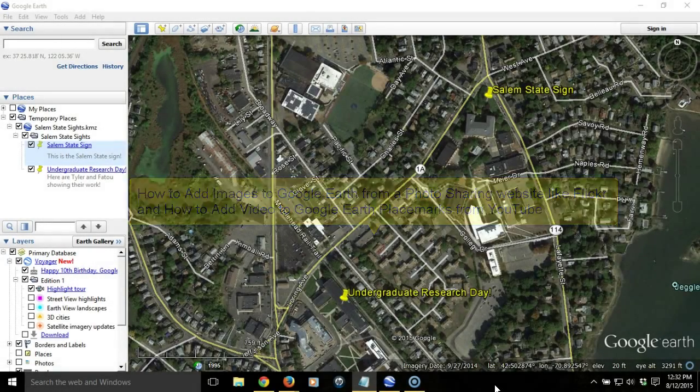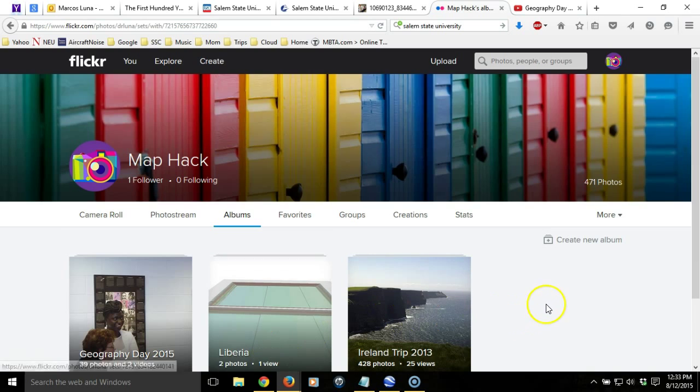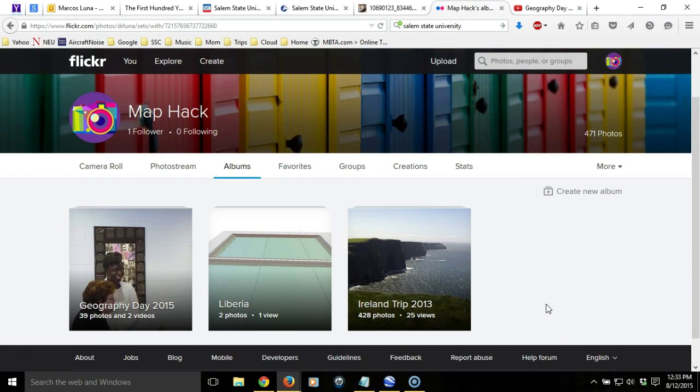In the previous tutorials, we looked at how we could add place marks to Google Earth with images from websites as well as from Facebook. In this tutorial, we'll look at how we can add a place mark with images calling from a photo sharing website like Flickr. So in this case, I'm looking at images that I took from a recent event, Geography Day